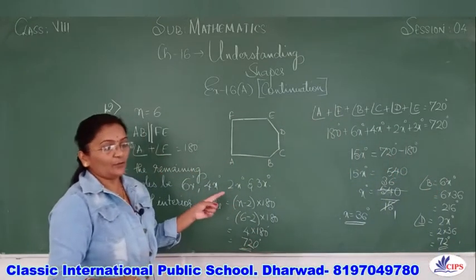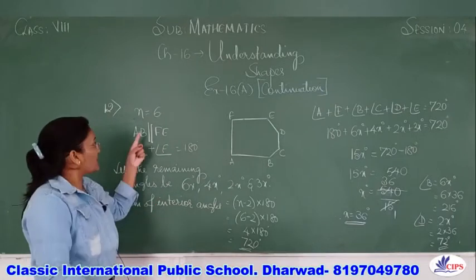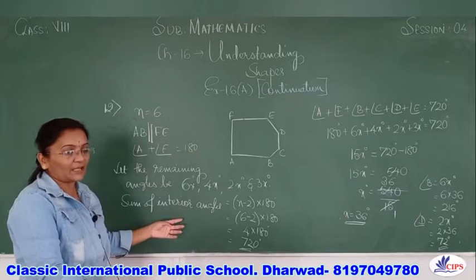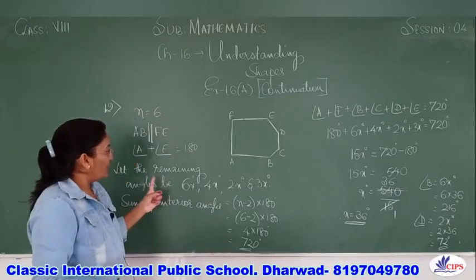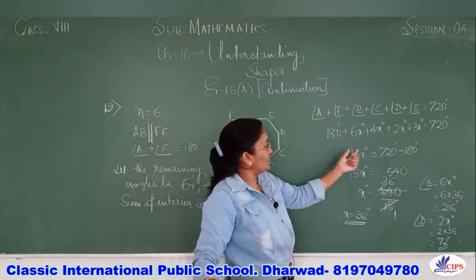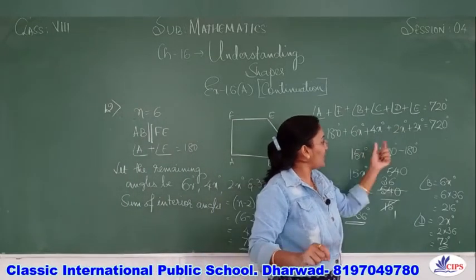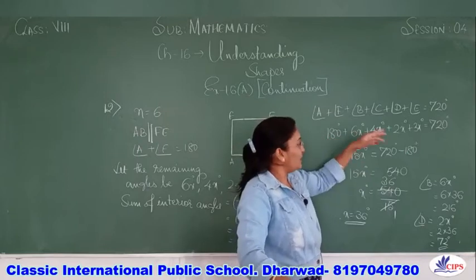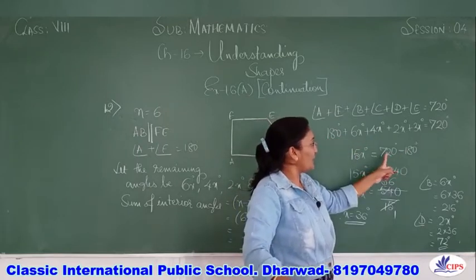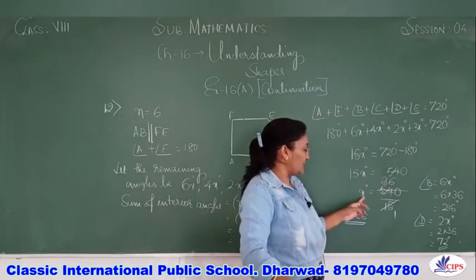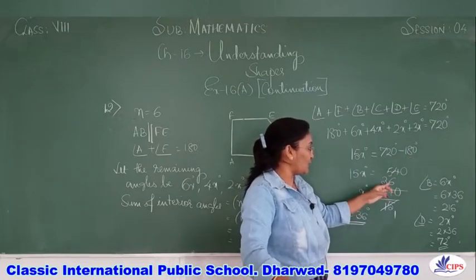So like this we need to solve the sum. So as our n value is 6, as it is a hexagon, we need to find the sum of interior angles. Using that value we have to take all these measures and add up here. So here when I add all those x terms, I got 15x degree, and here as it was a constant I have shifted it to RHS. So 720 minus 180 will be 540. So when I divided this by 15, I have got 36.